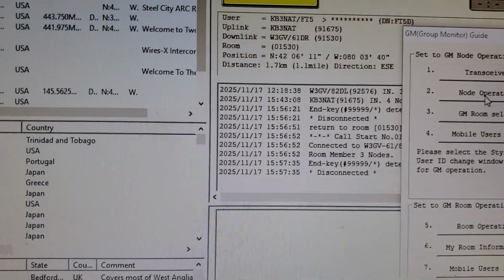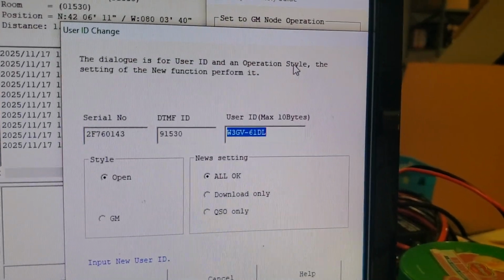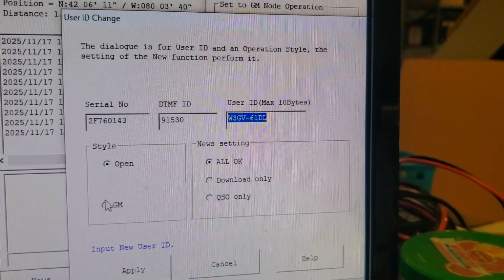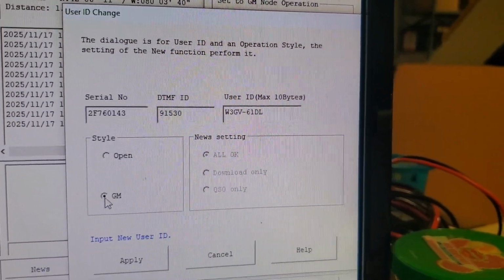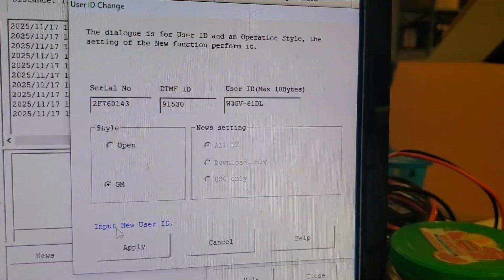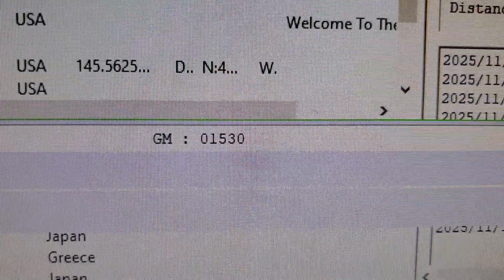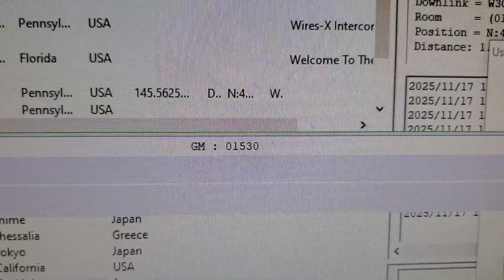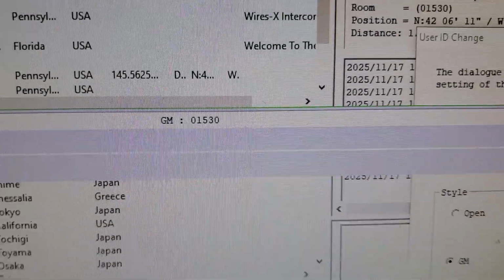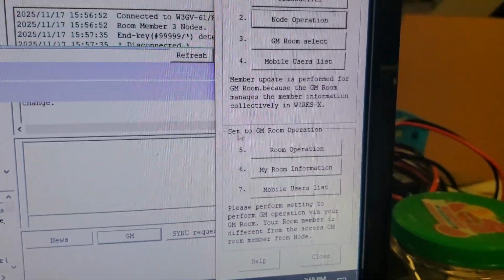That's good. Now we're going to go into node operations. This is where it gets to the point. This is for your node. You're going to change your node from an open room to the group GM style. Apply that. Okay. Now, if you notice, it says GM and it's got your room number. It doesn't say 61882 anymore. It's the GM room. Next,